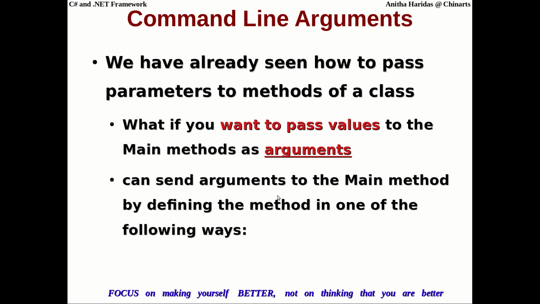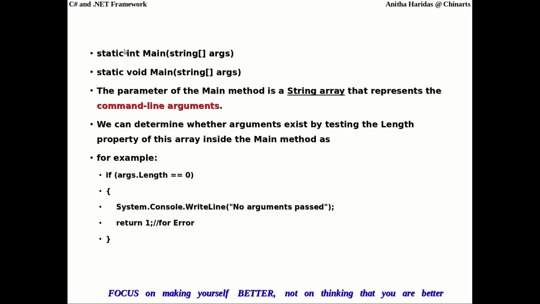You can send arguments to the main method by defining the method in one of two different ways. One, if you are going to return an integer, you can pass the arguments, which will always be a string data type, or even if you are returning a void data type, you can again pass arguments to the main method by defining a string array as an argument.